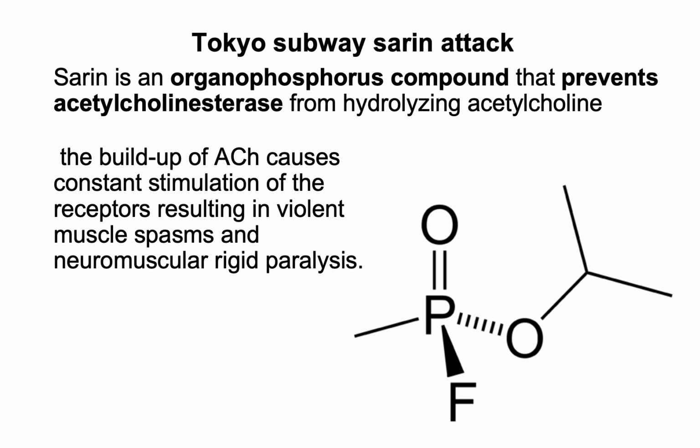So it's what's known as an organophosphorus compound that prevents acetylcholinesterase from hydrolyzing acetylcholine. And so you can think, based on what we already know about acetylcholine, right? It's the neurotransmitter at the neuromuscular junction. It's excitatory, so when it's released, it causes the postsynaptic cell, which is our muscle fibers, to contract